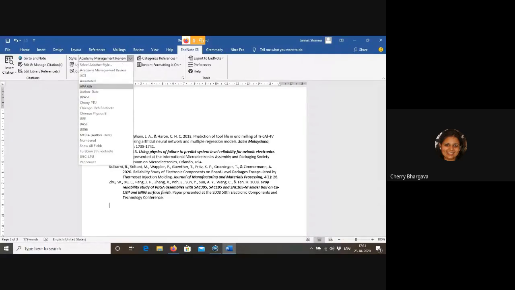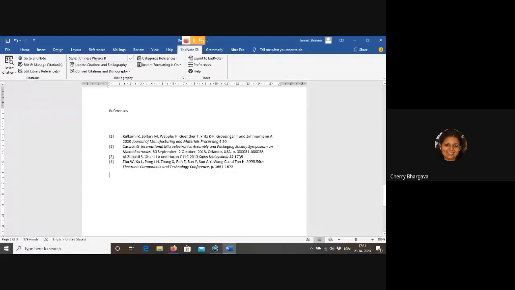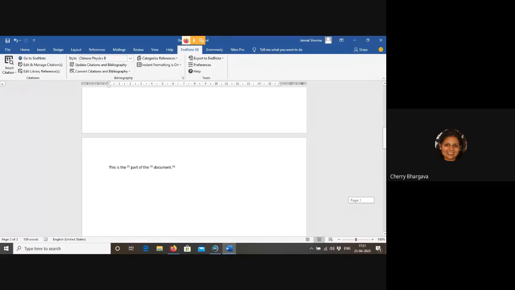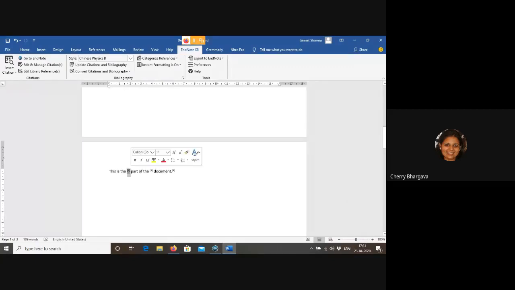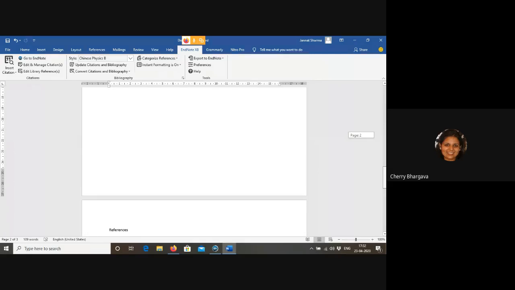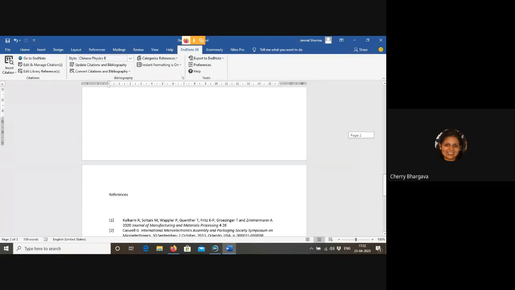Now, if I change it to Chinese Physics B, it's the numbered one. It's a number style. Now look at that. All the references are within parentheses and superscript. And accordingly, their style is changed.